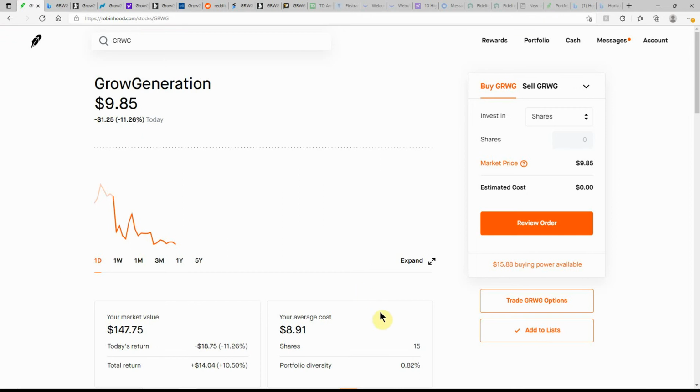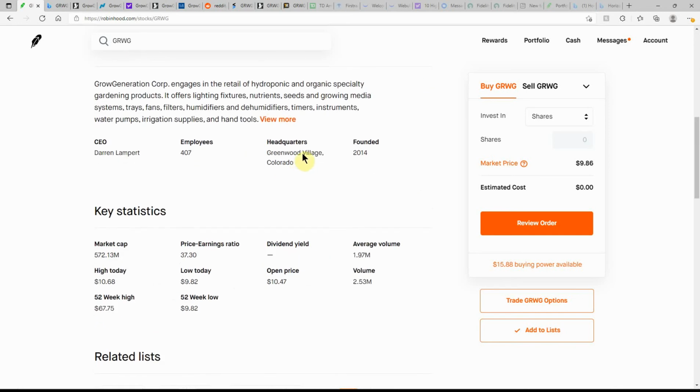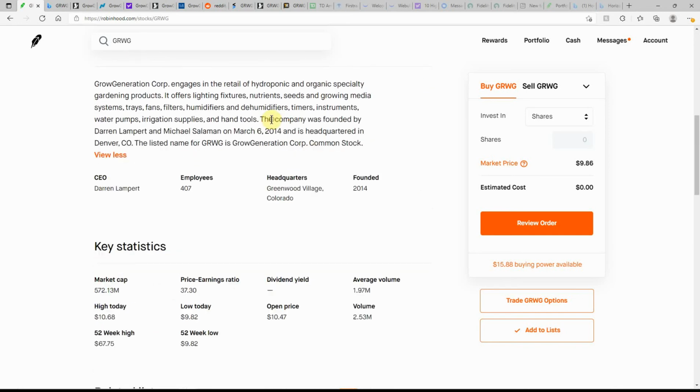I still have 15 shares with a cost basis of $8.91 here in Robinhood. I've had these for quite a while. I used to be up. Oh, man, I wish I would have sold them now, but could have bought probably triple or quadruple those shares, but like I said, this one's definitely looking like a buying opportunity to me. I don't give tax, legal, or trading advice, but